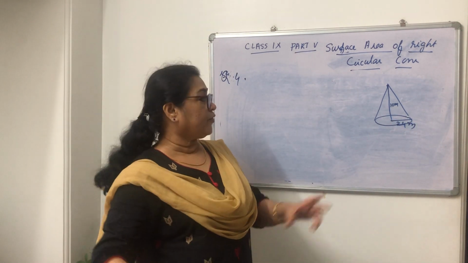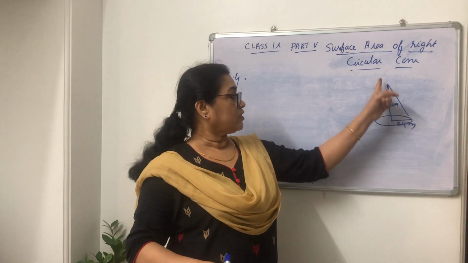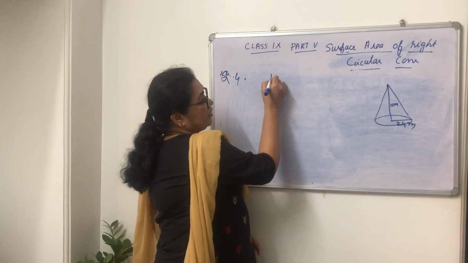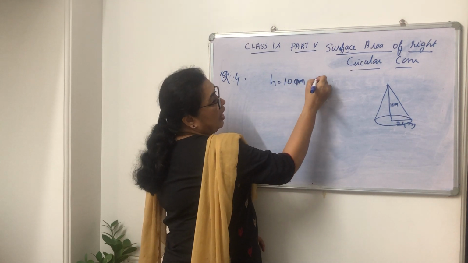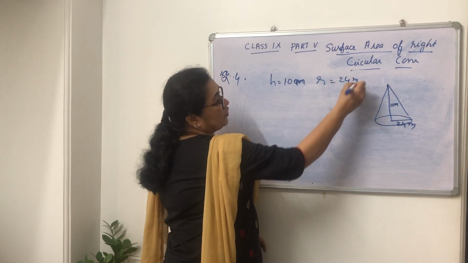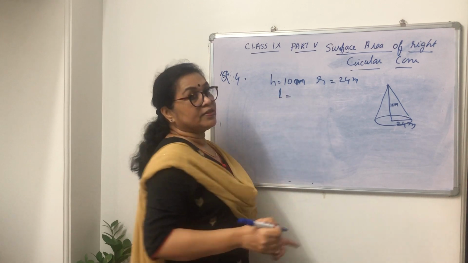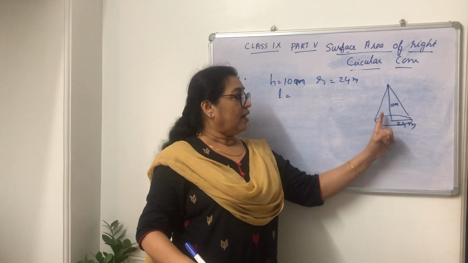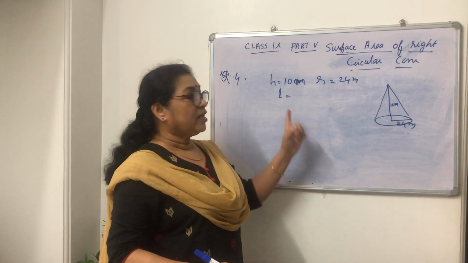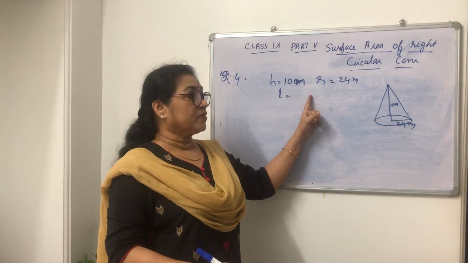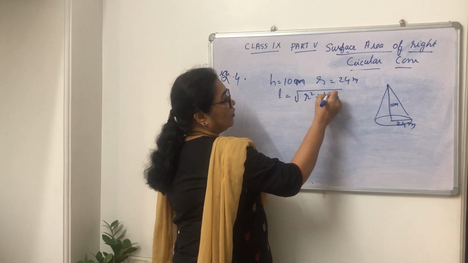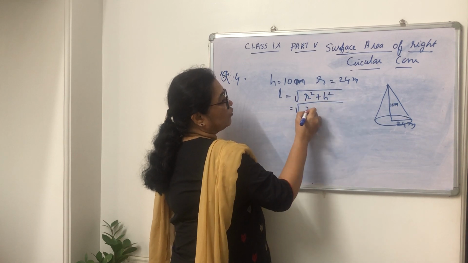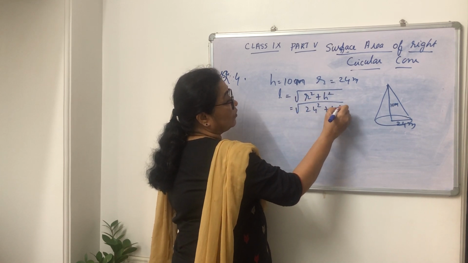Find the slant height of the tent. So here h is equal to 10 meter, r is equal to 24 meter. You know the relation between the slant height and h and r. L squared is equal to r squared plus h squared, then L is the square root of r squared plus h squared, that is the square root of 24 squared plus 10 squared,